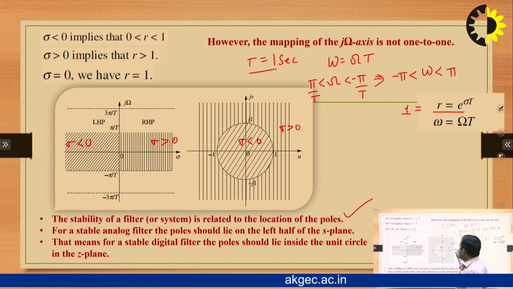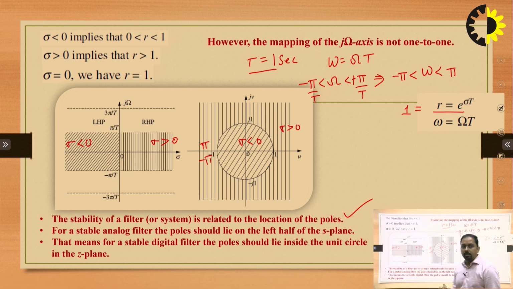So this is 0, this is pi, and this is minus pi. Omega is greater than minus pi by t and naturally less than pi by t. So if we are moving in this particular region,